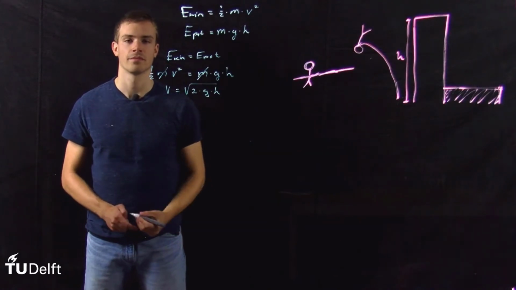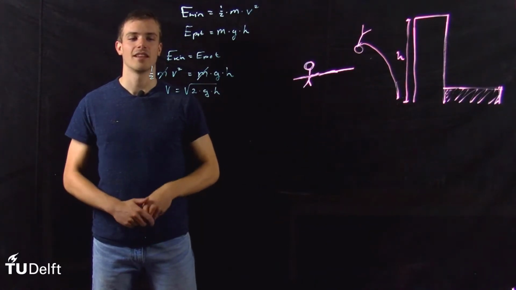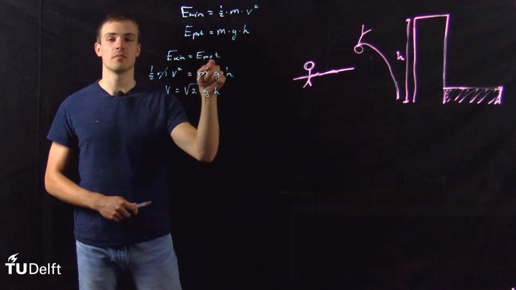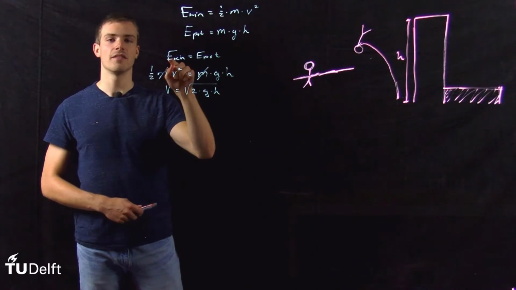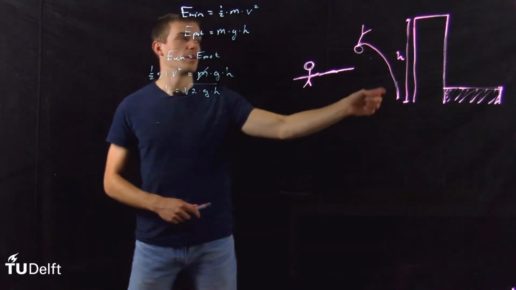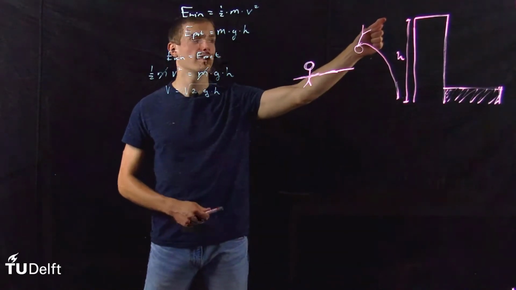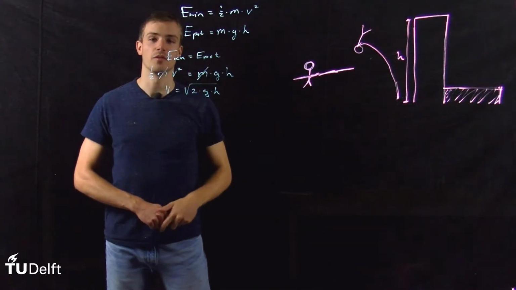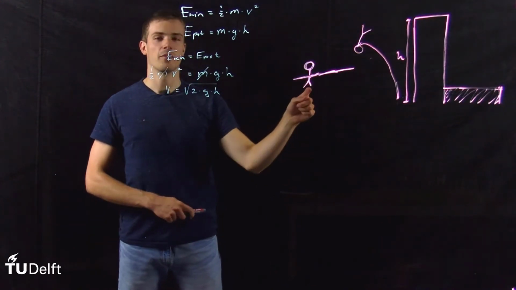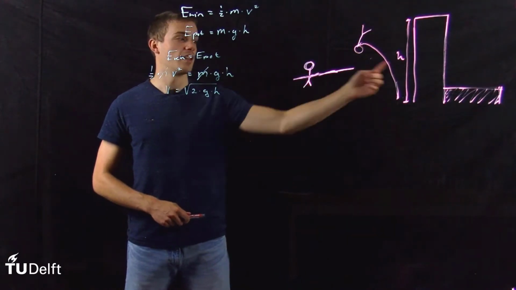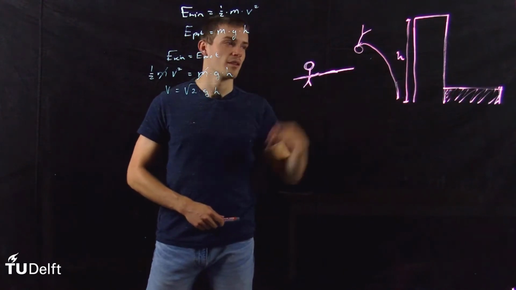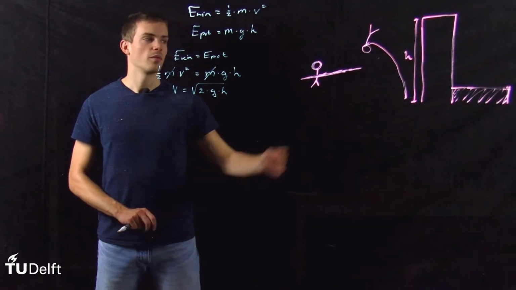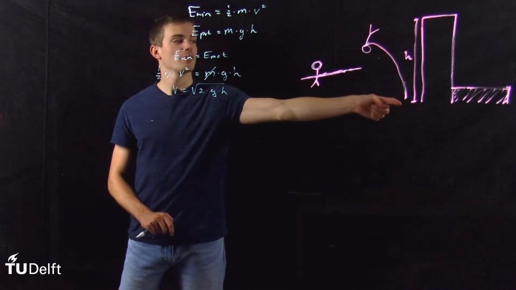For the smarty pants that have noticed that this equation isn't used in the real world: this equation says that all the kinetic energy is transferred to potential energy, which means that at the top of its movement, the pole vault jumper is completely still. Therefore, if the wind blows the wrong way, he will fall back to where he jumped from and doesn't hit the safety mat, which is very dangerous. For our second question, there's also energy stored in the pole because of its curvature.